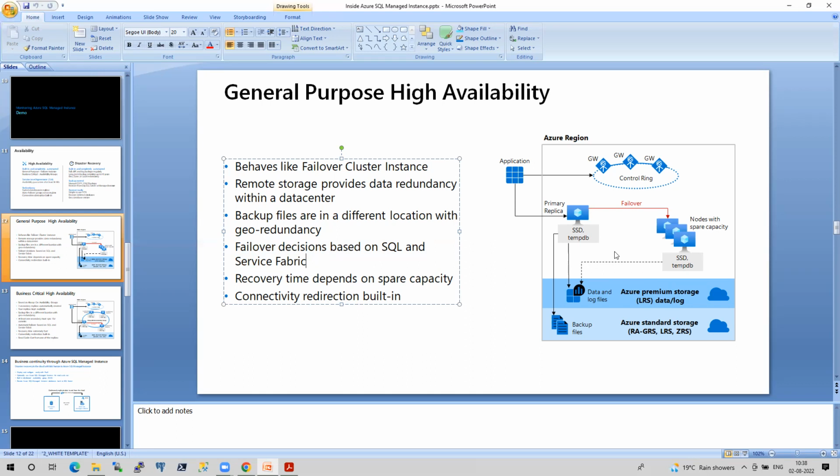There is no need for us to fail over. This is not infrastructure as a service; this is platform as a service. So you don't have control, and many things are streamlined. It's not possible for us to perform failovers in real time. Just for understanding's sake, we can perform a failover and see how it works. So this is very different, guys.